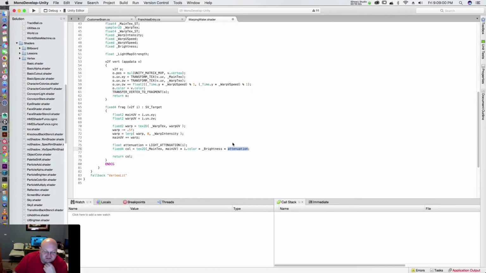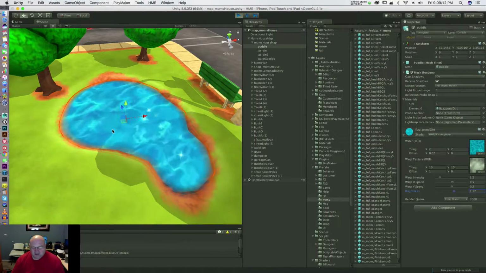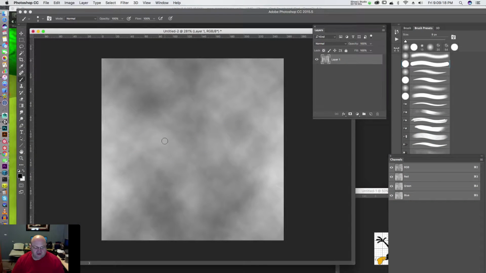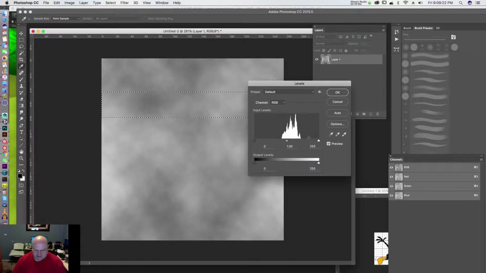Now, I thought just for fun, let's do a couple of weird distortions to this to show you what happens to it. Let's save this guy. Come back out here. Now that map is a cloud map, so let's give it something a little more. Let's just go in and paint a couple of modifications in like this. Let's just distort this